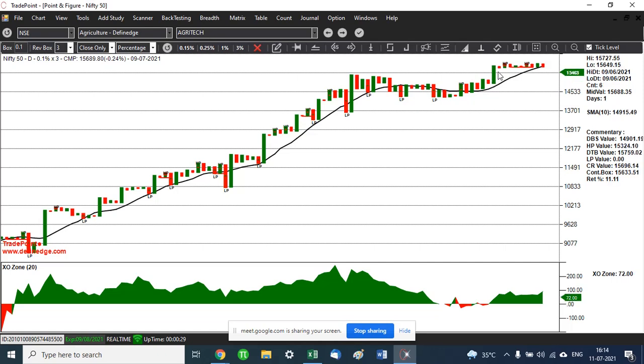Whenever these levels are taken out, for example, this high pole for Nifty is right now showing us 15,853. So if this level is taken out, then we have reason to turn bullish on Nifty again, which is also matching with our double top buy value. More or less, it is matching, maybe a 20-30 point difference over here. Here it is 15,853. Here it is 15,885. So there's a 30-point difference. So whenever this high pole level gets taken out along with the double top buy being generated, we will have reason to get bullish on the security being analyzed.